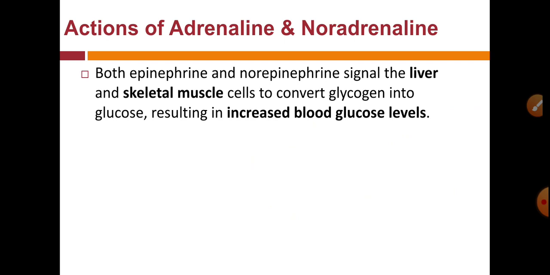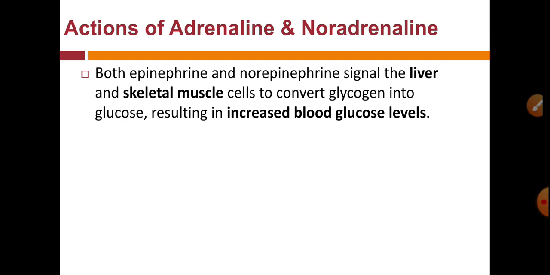Both epinephrine and norepinephrine signal the liver and skeletal muscle cells to convert glycogen into glucose, resulting in increased blood glucose levels. This is the most important action of adrenaline and noradrenaline: both give a signal to liver and skeletal muscle cells to convert glycogen into glucose. That means glycogenolysis, because here is a breakdown of glycogen into the glucose. So adrenaline and noradrenaline stimulate the process of